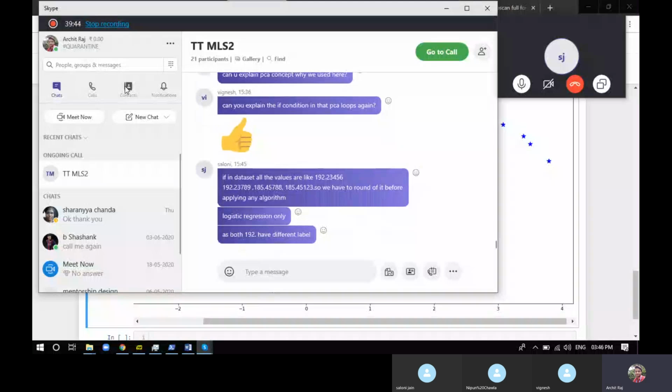As both 192 have different labels. Oh, they have different labels.